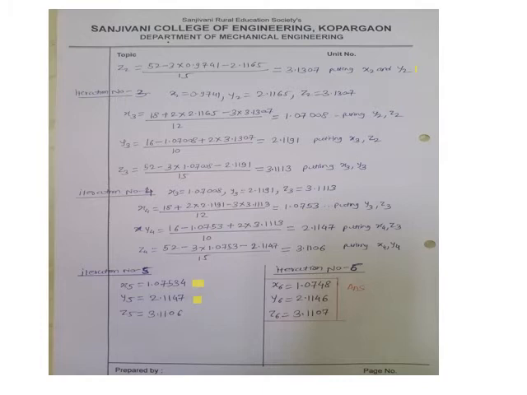That is, the absolute value of x5 minus x6 has to be less than 0.001, then the absolute value of y5 minus y6 has to be less than 0.001, then the absolute value of z5 minus z6 has to be less than 0.001. Then it will stop. Otherwise, in your numerical, it will be given that you need to do 5 iterations or 6 iterations depending on the situation.